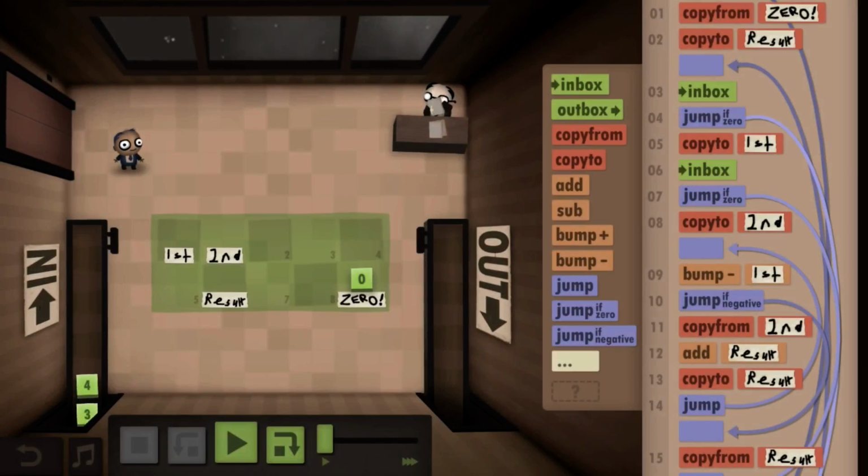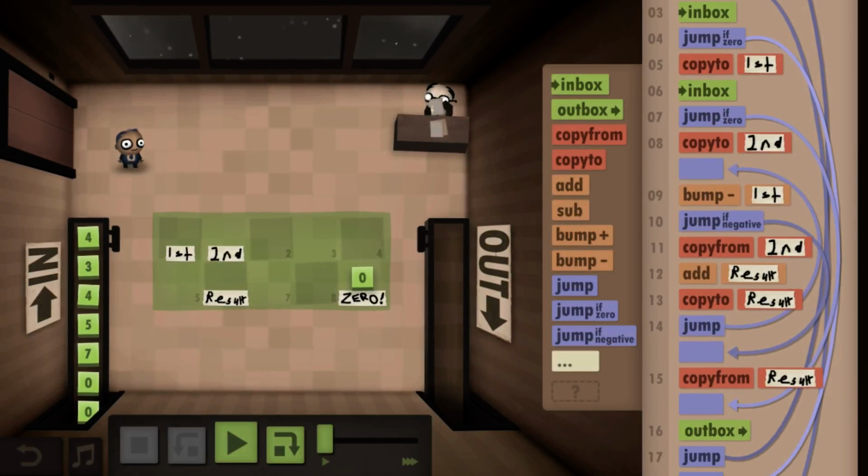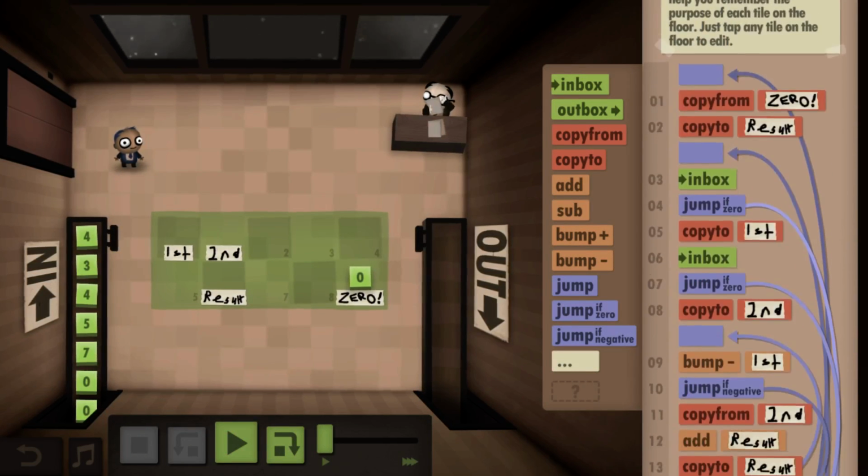So, yes, let's optimize a little bit better now.